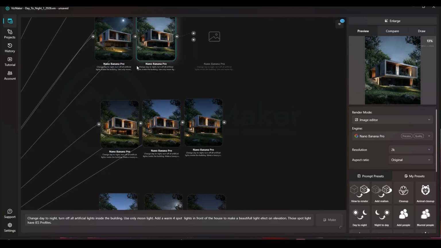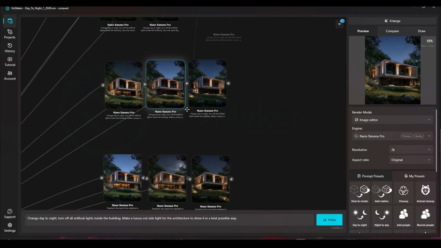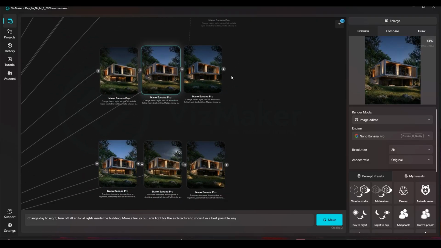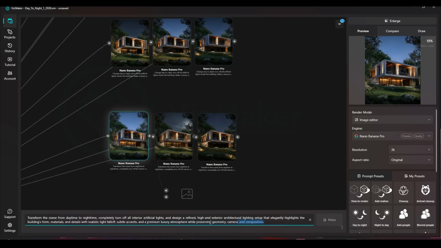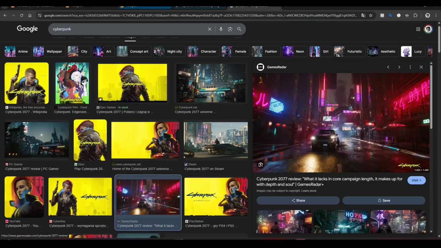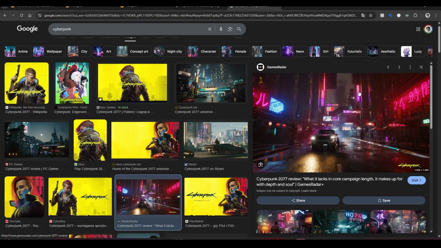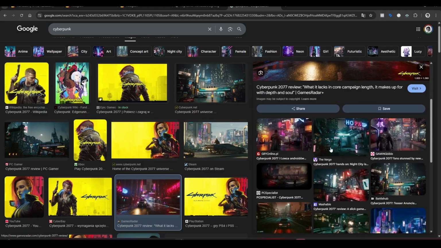So this is the quite normal prompt I used, and these are my other tests. As you see, we tried more and more additional lights, and this is a more advanced prompt. So how I received it is quite interesting. I just took a cyberpunk look as well. You can simply Google or find reference images on the internet, movies, everywhere you wish, everywhere you can find your